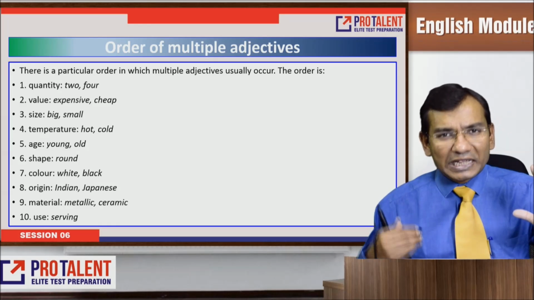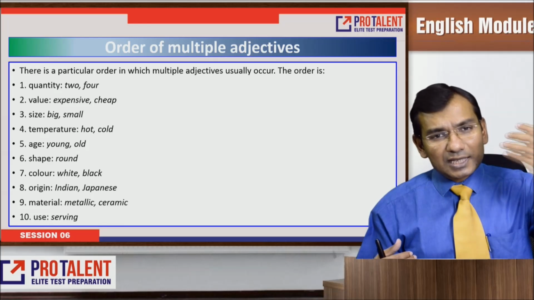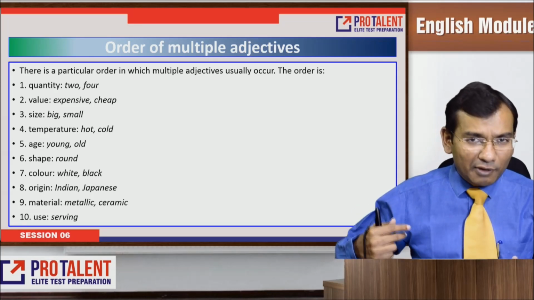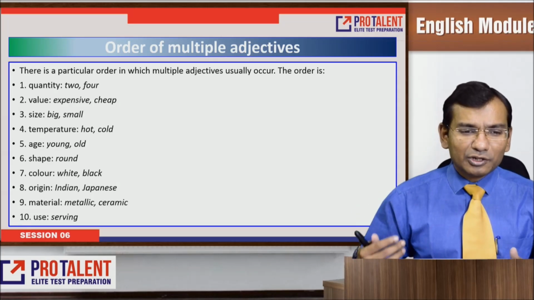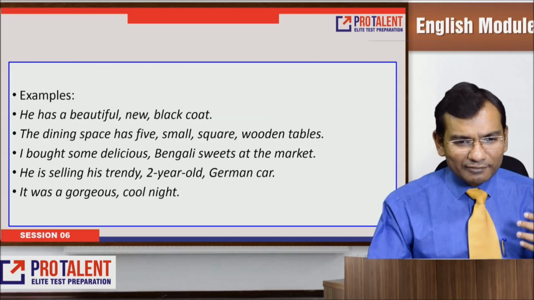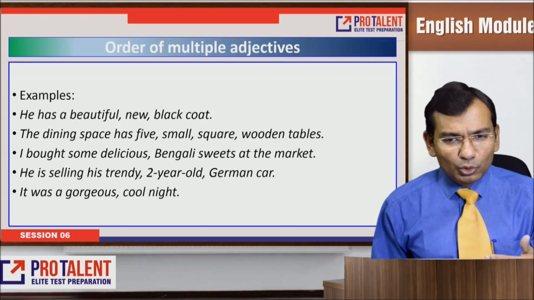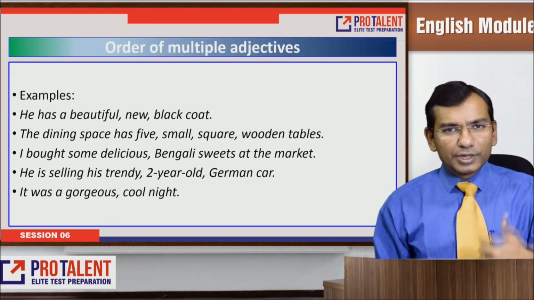Now let's talk about next 5, which talks about shape. So ध्यान रहे, shape के पहले size आ चुका है. Then shape, then you have a color, then you have origin, then you have a material and then the use. This is the order. Okay, so I have taken some example. He has a beautiful new black coat. So beauty is about